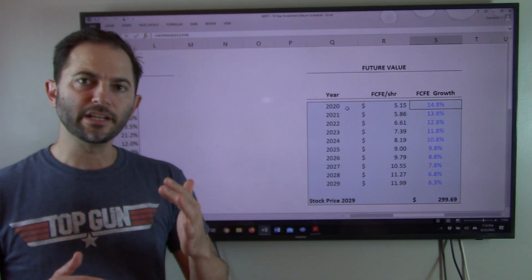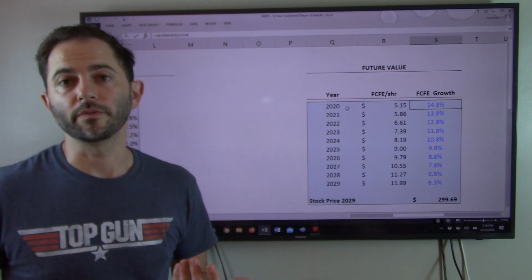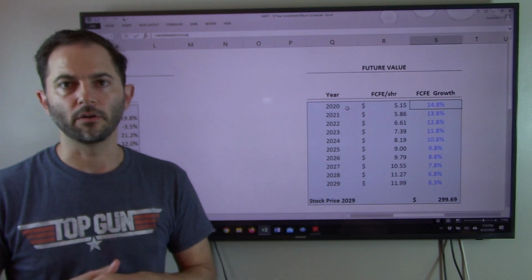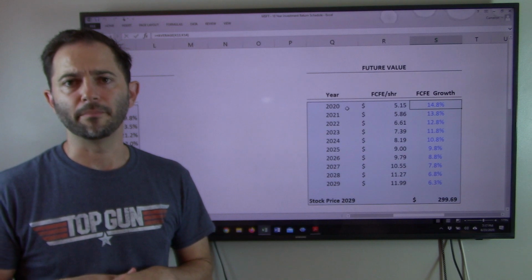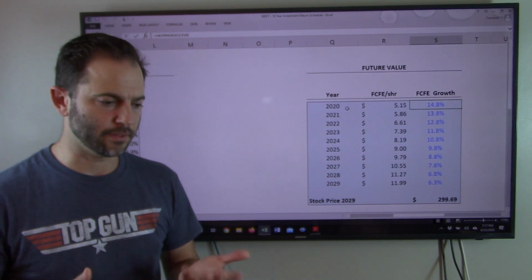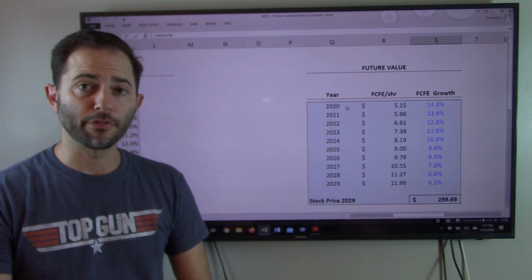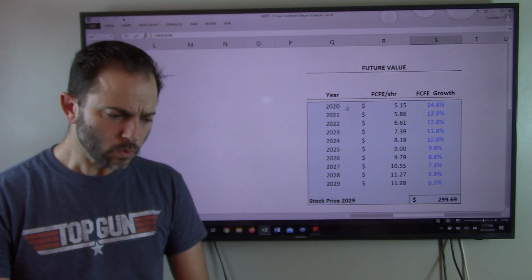And I'm going to bring down the growth rate over time as a cushion for the unknown of the future. I don't want to take the 15% and string it all the way out. It's giving too much credit to Microsoft, and you end up paying that in the price. We want a nice conservative case, and I think this is a conservative case for the corporation. That gets you a $300 price target in 2029. I'm using a